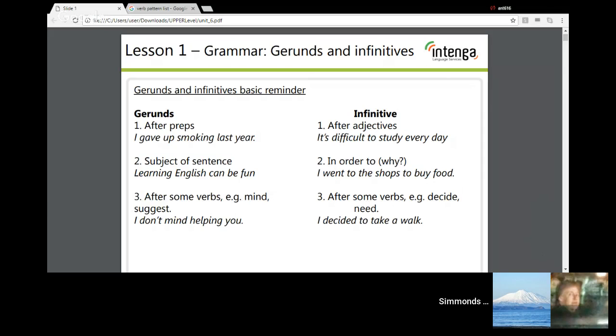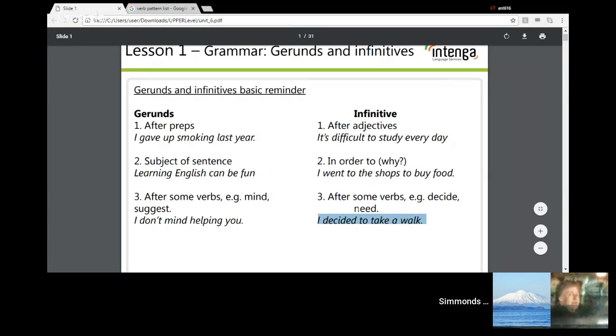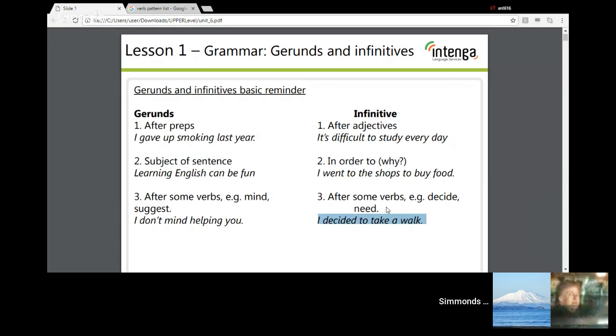All right. So then I'm going to move on to number 3 in the infinitive. Again, this is the verb pattern. With decide, need, want, we have to use to. Okay, that's just the verb pattern structure. Now, if I say